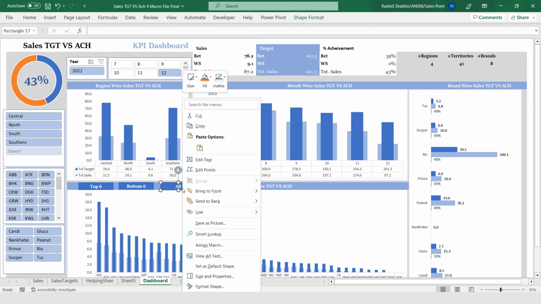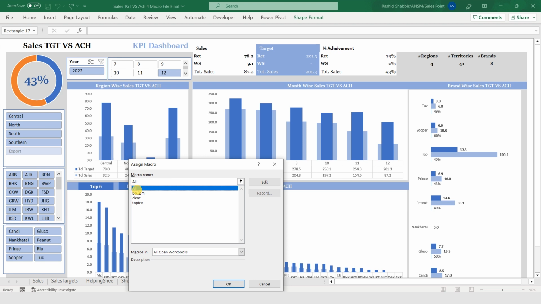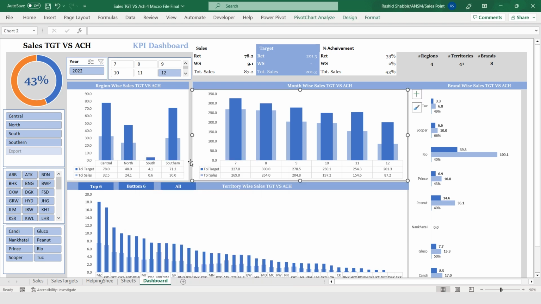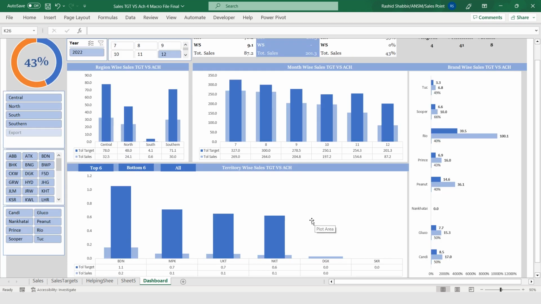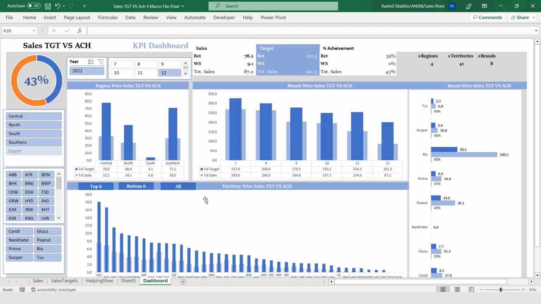So now I'm going to assign this code to it, assign macro, and here I'm selecting all. So now if I select top 6, it will give me the top 6 territories, and if I select bottom 6, it will give me the bottom 6 territories, and if I want all the territories, it will give me all the territories.